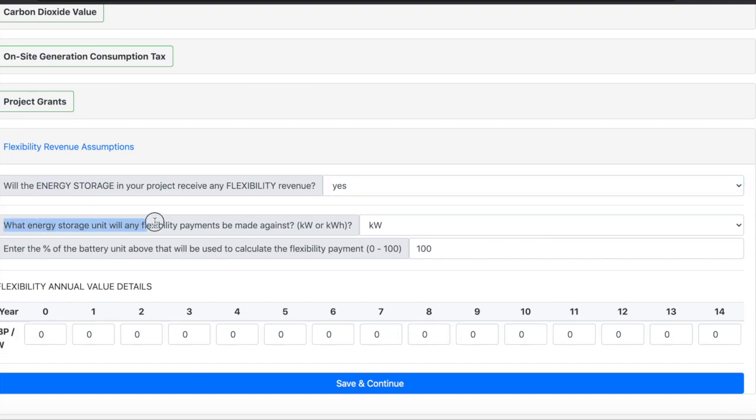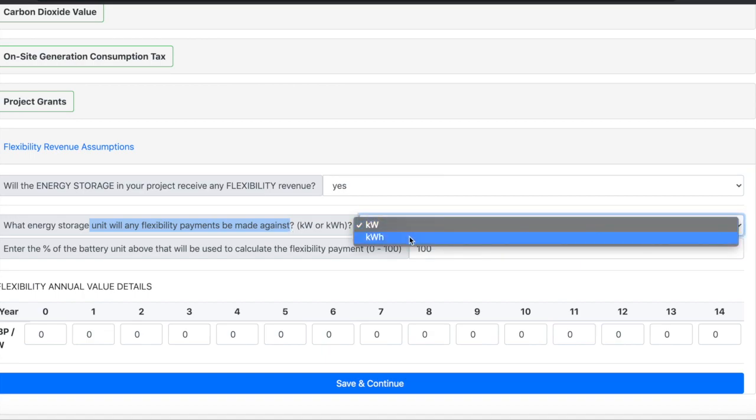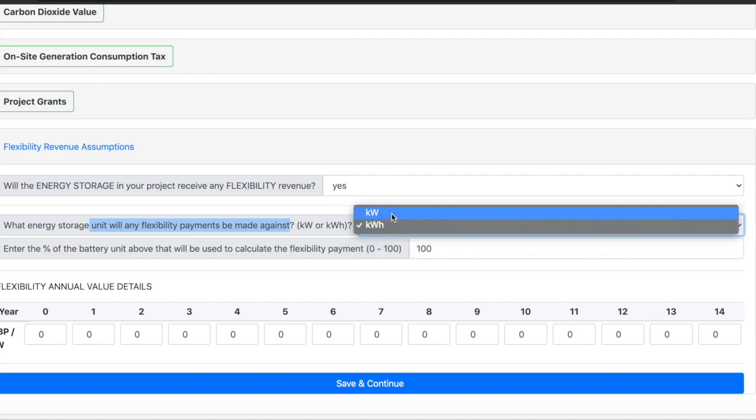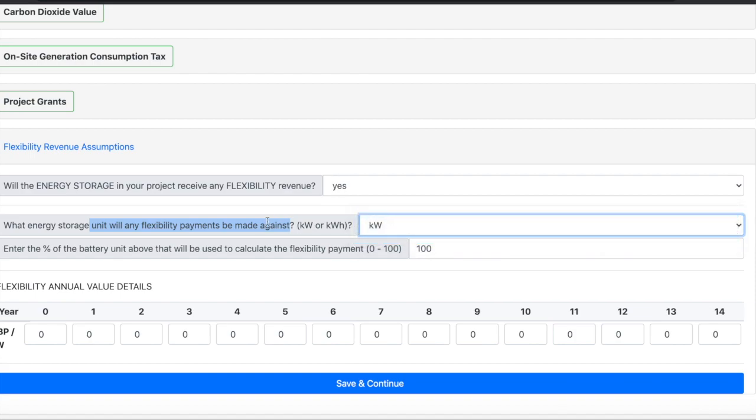So first of all, we need to know the energy storage unit that flexibility payments will be made against. Typically, you will get paid an amount of money per year per kilowatt of storage. That seems to be the case at the moment. It may change, but if you want to use kilowatt hours, you can use kilowatt hours. But generally, the default is kilowatts. So in the UK, let's say a value that you'd normally see is about £50